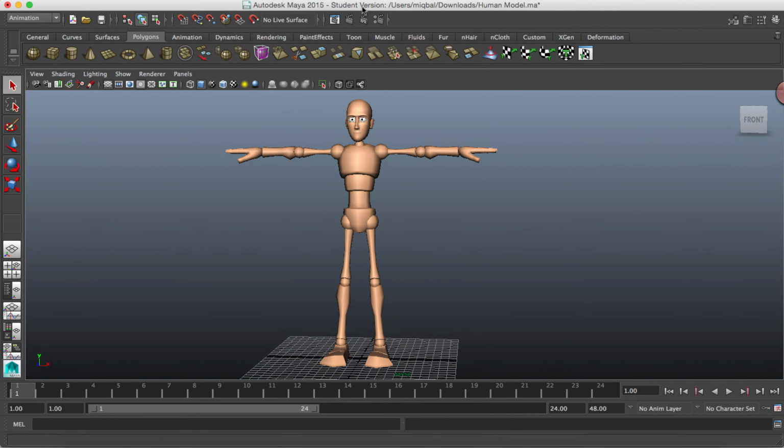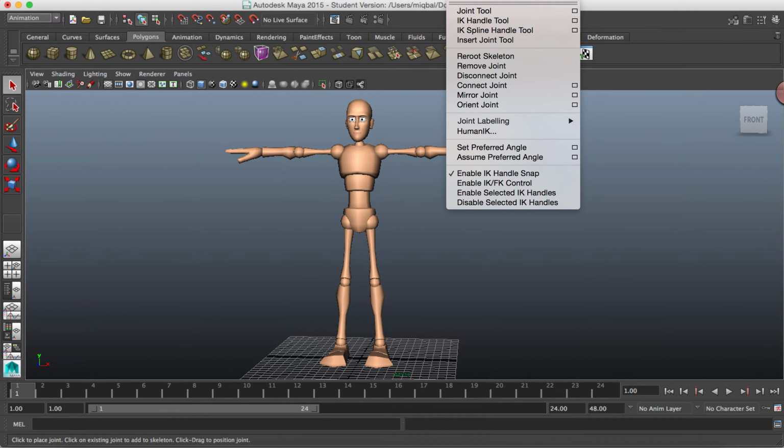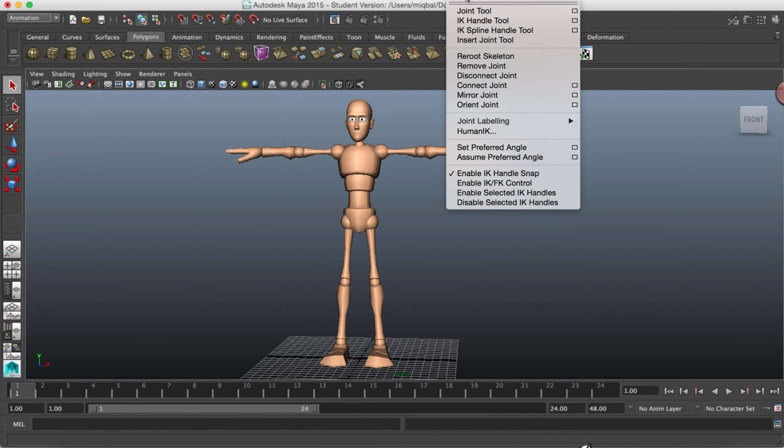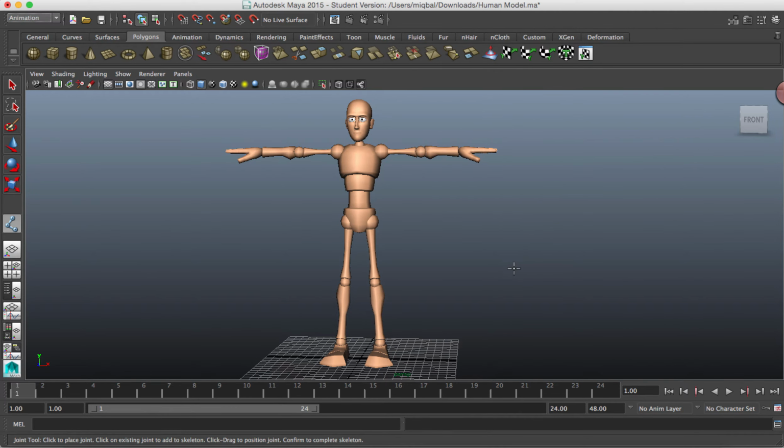First thing is that the main menu over here should be animation, otherwise you won't see the skeleton which has the joint tool options. If you're under polygons or any other tool, make sure you switch to animation to see the skeleton option. So I'm going to change to animation, so I see skeleton, and within the skeleton there is joint tool. So I start by creating my first joint, and notice I am in my